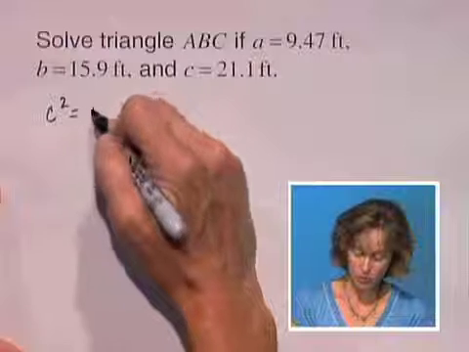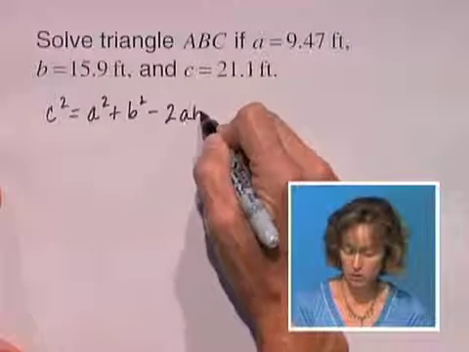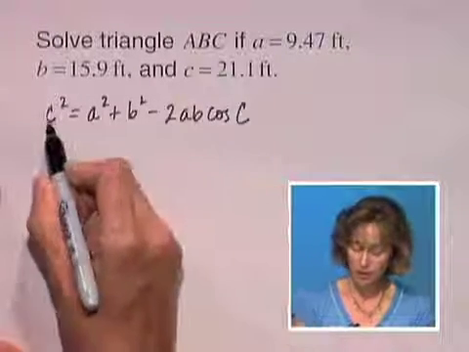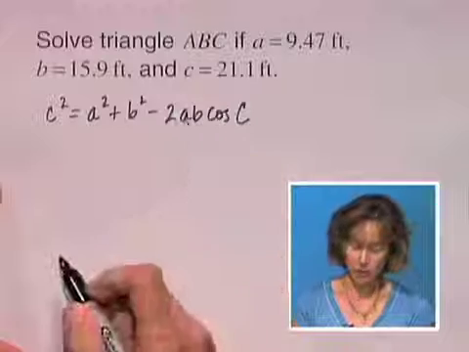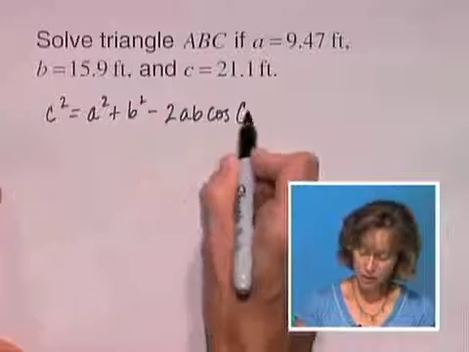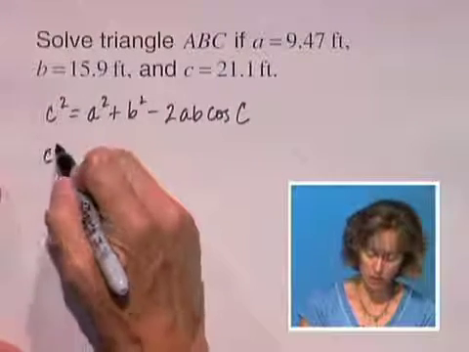C squared equals A squared plus B squared minus 2AB cosine angle C. What I can do is put in the values for A, B, and C and isolate cosine C. Let's actually isolate cosine C first by subtracting A squared as well as B squared,